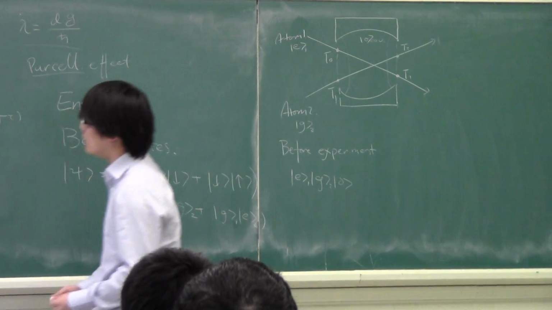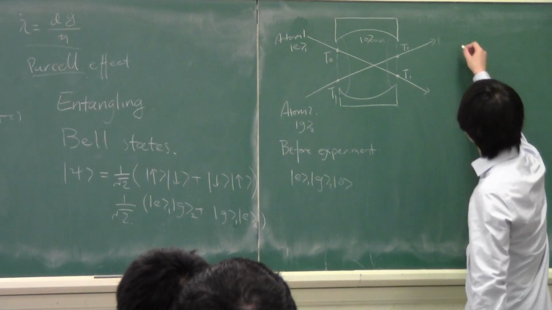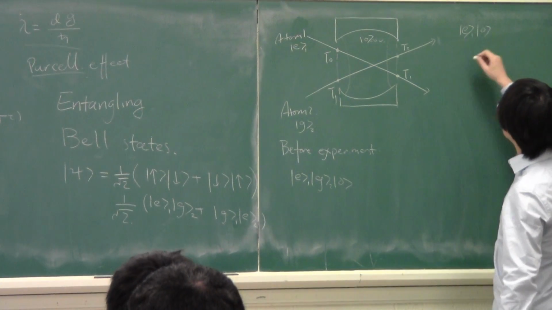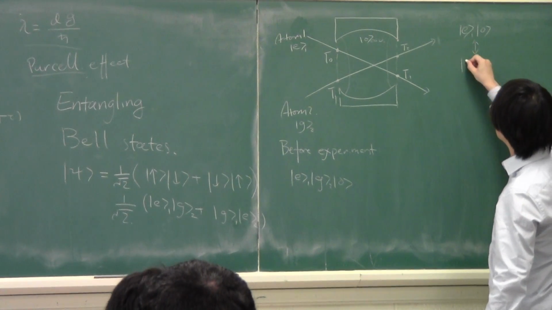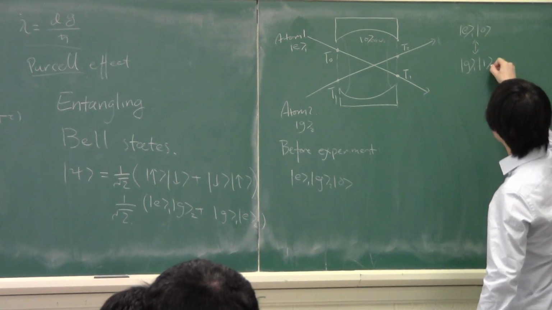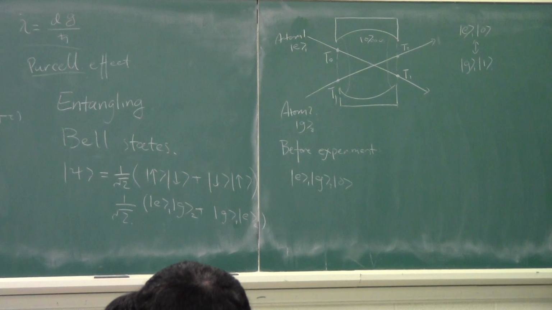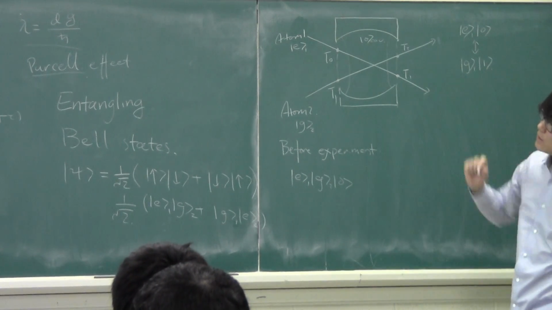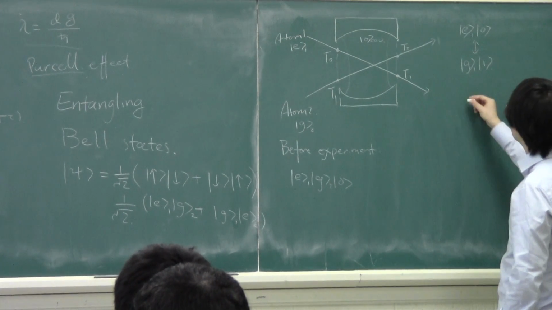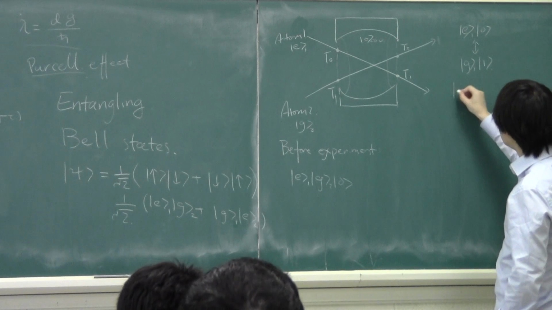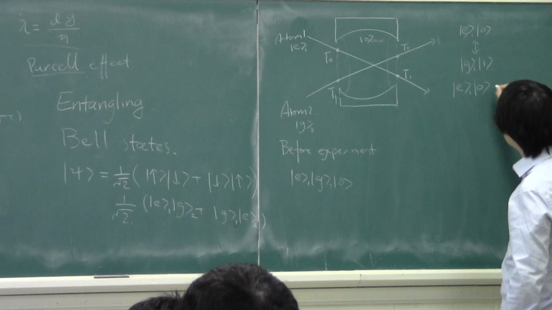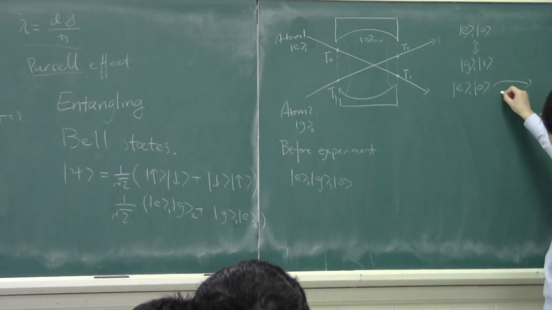So this state is clearly linked with this state by the Jaynes-Cummings dynamics. And given this initial condition, we can simply use the Rabi oscillation formulas. We can write down that at any time, this state is going to evolve